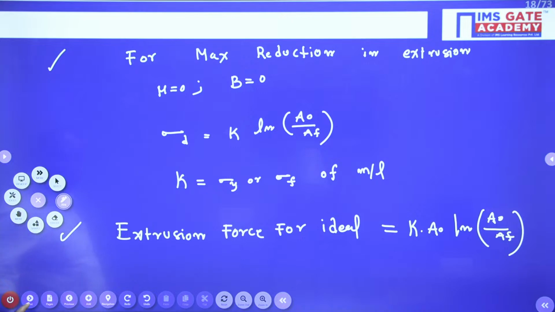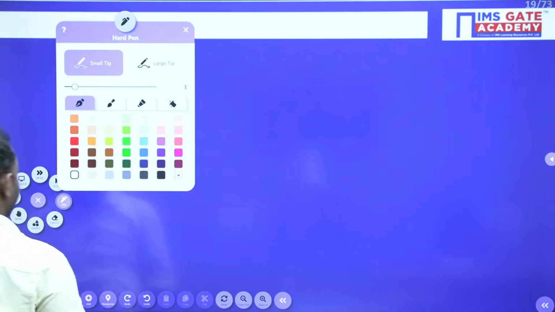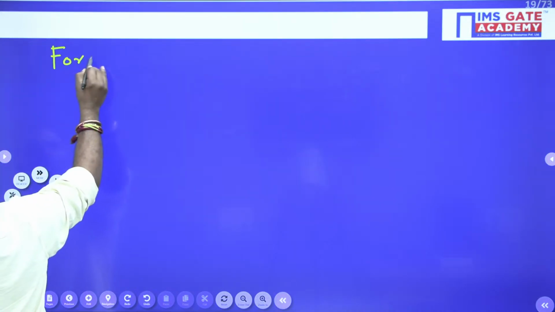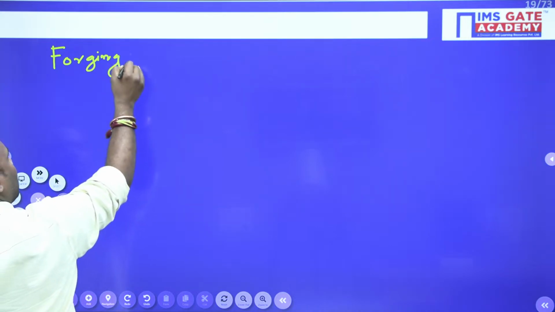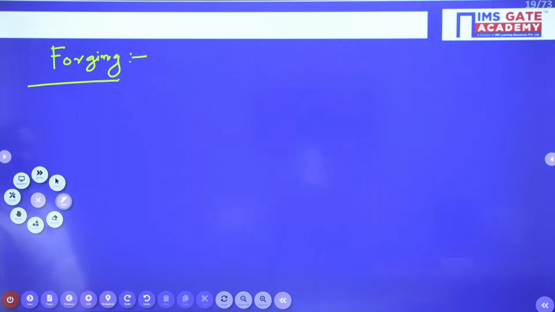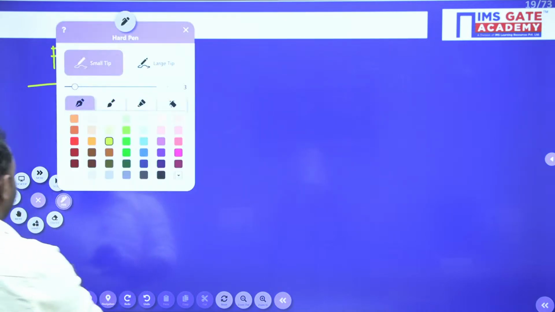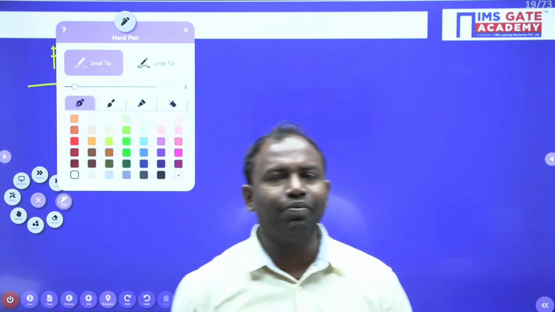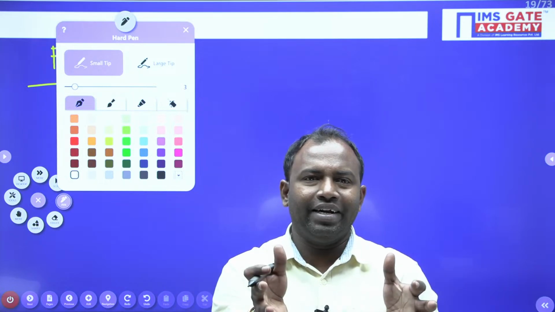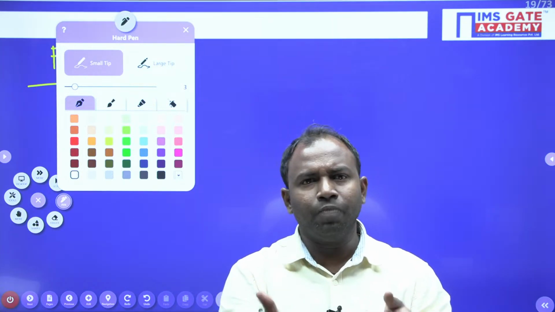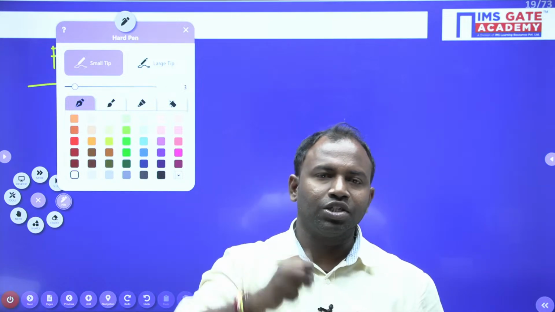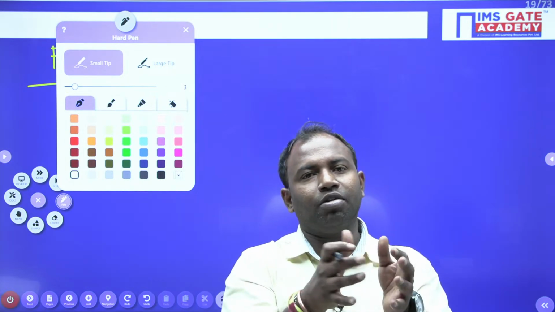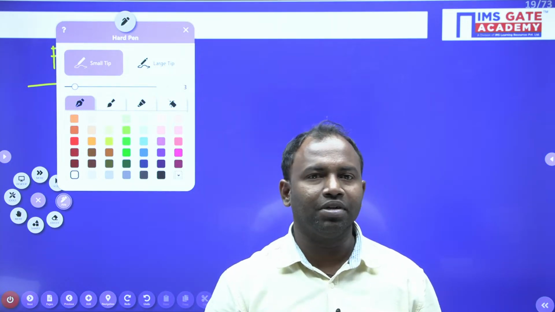Next, let us move to the forging operation. So what happens in forging? Forging is the oldest metal forming process in which force is applied on the raw material, under heat or else without heat also. Force is applied such that the stresses induced in the material are greater than the yield stress and less than the ultimate stress, so that the material experiences plastic deformation for converting one shape to another shape, which comes under forging